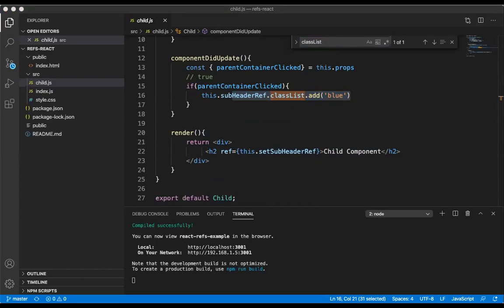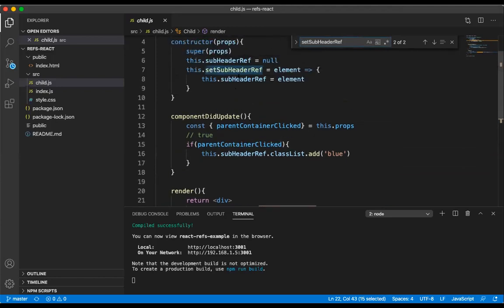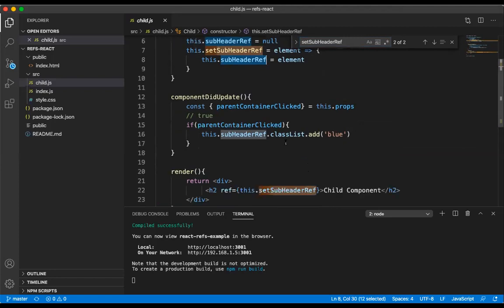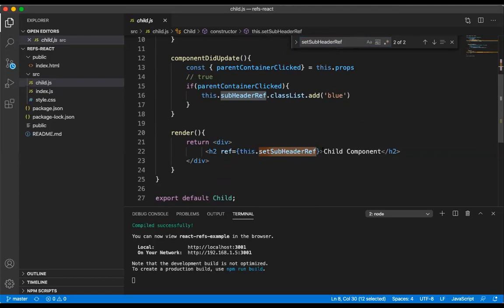Once I click on this classList.add and this blue, it will go to this setSubRef. This setSubRef is just a variable, but it is going to update with subHeadRef. This subHeadRef is the one which has the style as blue, so it is going to convert the text of this child component to blue.